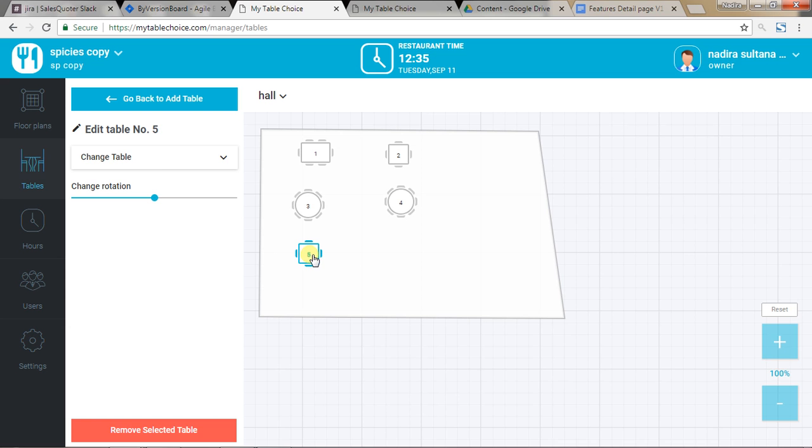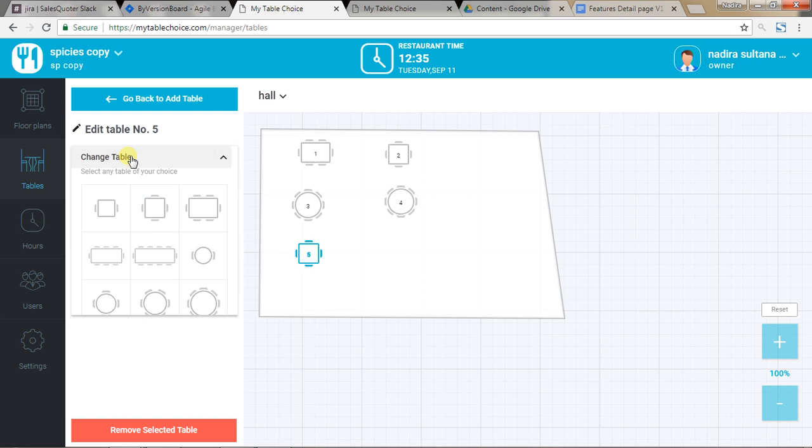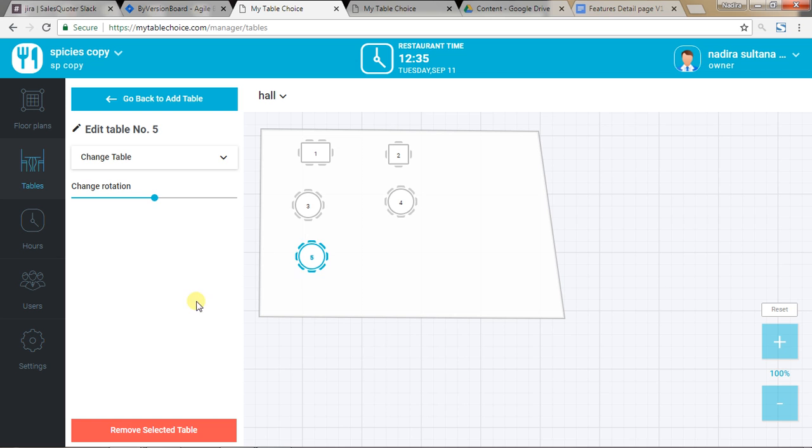You can click on that table and you can change the table. Say it is a table of 5 people. I want to make a change to this table. It will still be 5 people, but I just change the table to have the capacity of 10 people. So this is the change table option. I can also remove the table, and I can change the rotation. I can rotate the table just by dragging on this link. Also I can move the position of this table